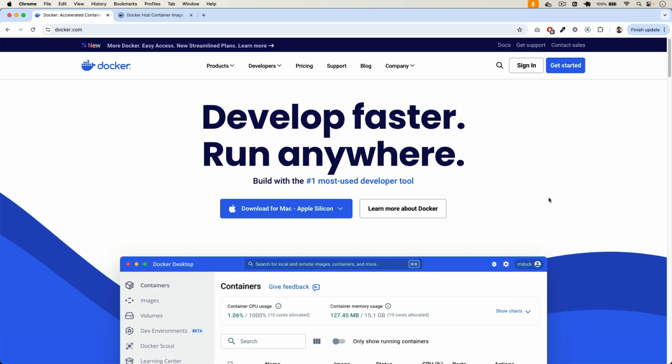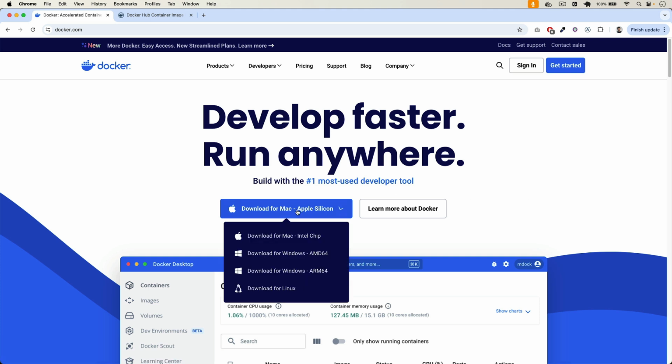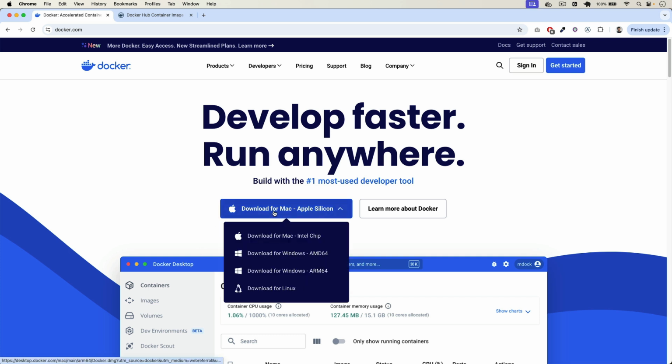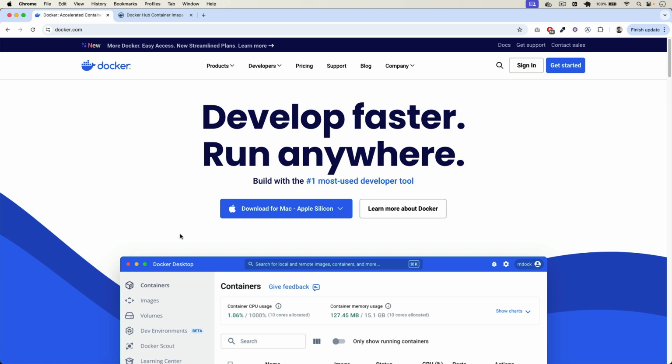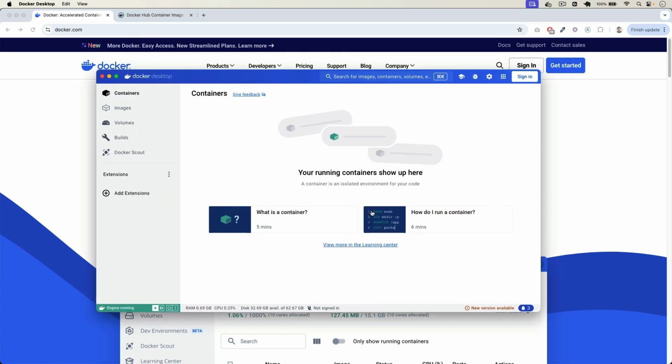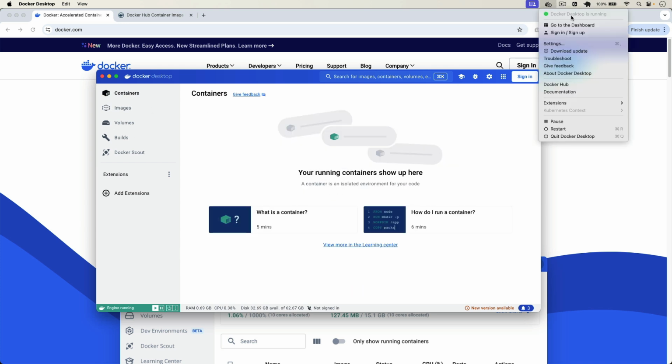and then the development. Okay, so for that, first of all you have to go to docker.com and download Docker on your computer. I have already installed Docker. You simply click on this download button and install it for your operating system. Simply install that and open it, and after opening it you can see that this is the Docker interface. I don't have any container right now, don't have any images. You can see that in here it is empty, and also you can see that Docker is running